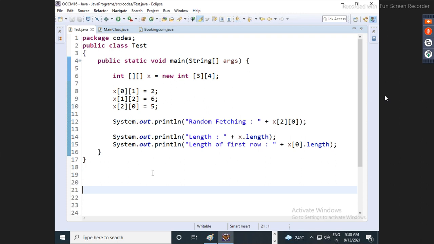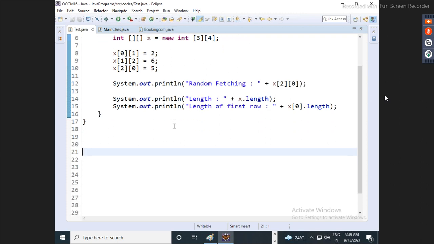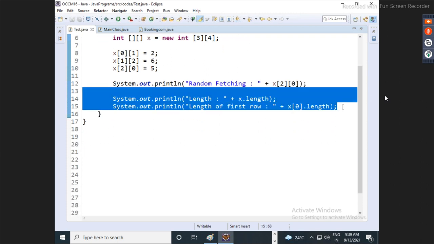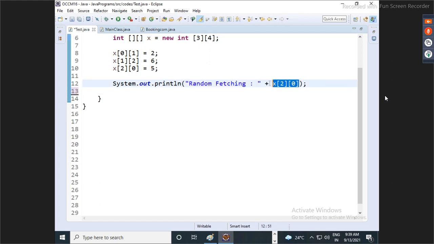Okay. So guys, now let's understand how we will fetch complete data from a two-dimensional array. Again, we have two choices. First, for loop. Second, for each. Okay. First, let's discuss for loop. So here, guys, observe. I'll remove this now. Remove, and let's say fetch complete data by for loop.